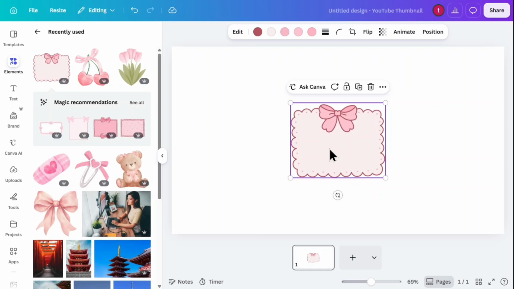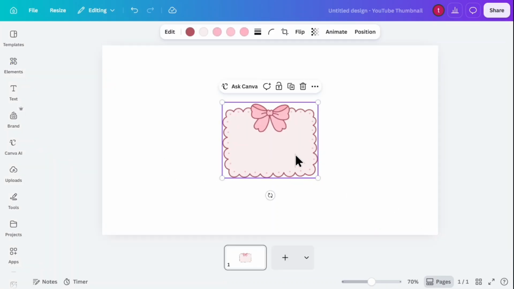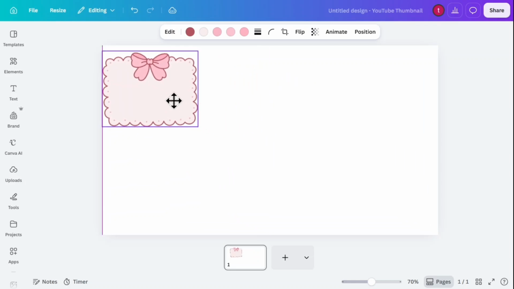To give myself a clearer view and more space to edit, I click the small collapse arrow on the sidebar to close the side panel. Next, I click on the image element to select it, then drag it up towards the upper section of the